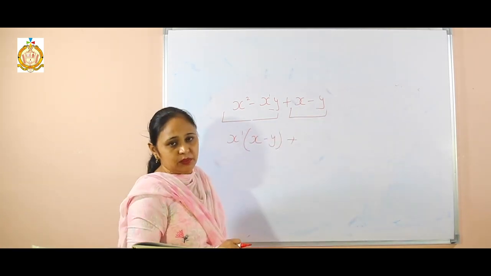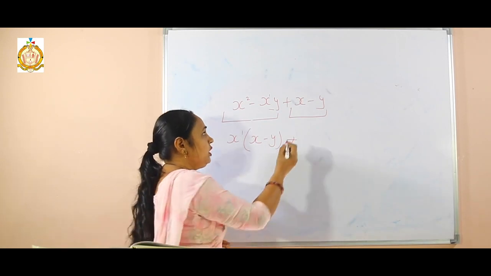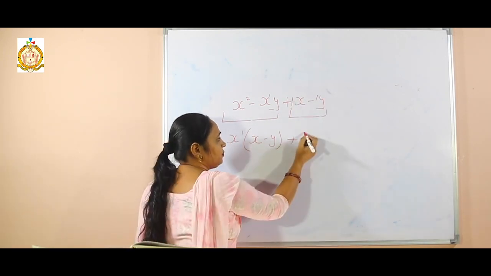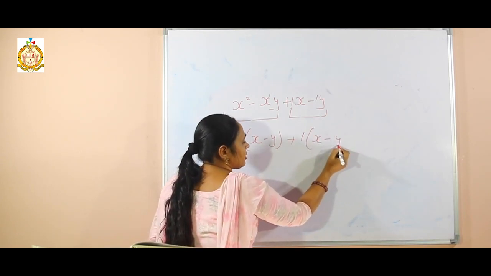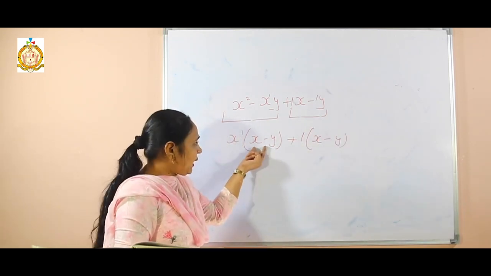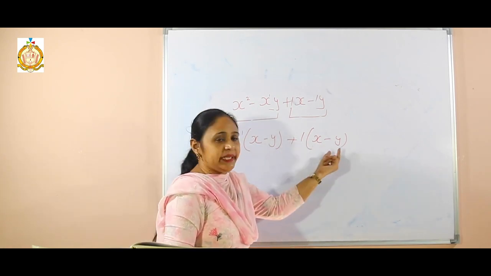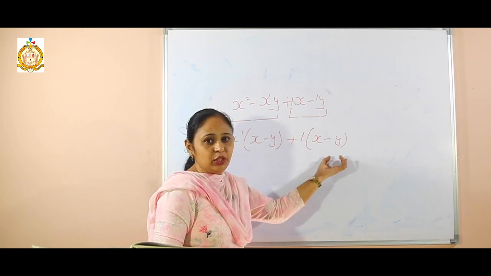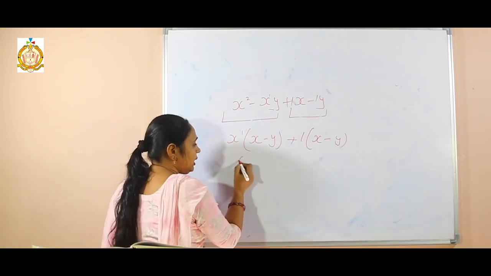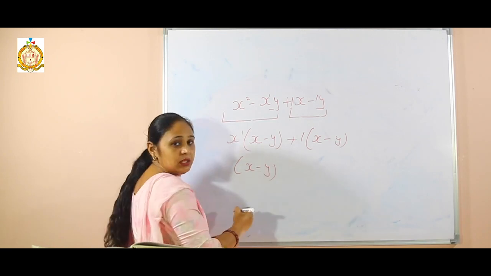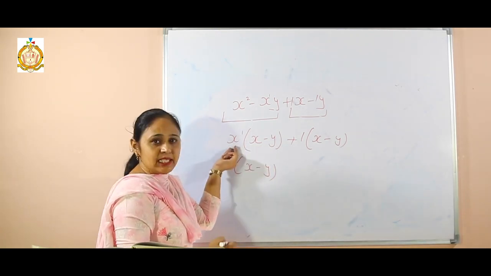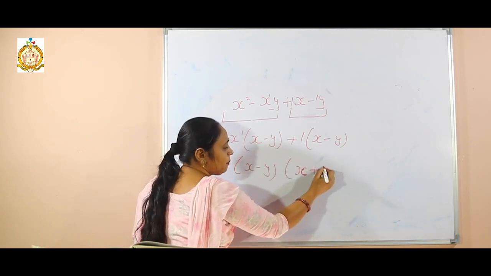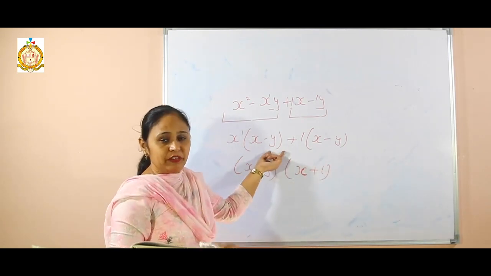Now nothing is common here. What to do? I know everywhere 1 is present, that means I can take 1 common. Now left x minus y. Now you can see this bracket x minus y and this bracket x minus y, both are same, that means I can take these values as common. I take x minus y as common. Now what is left here? That is x raised to power 1. I write in the next bracket x and there will be plus 1. This is by grouping for the first method.